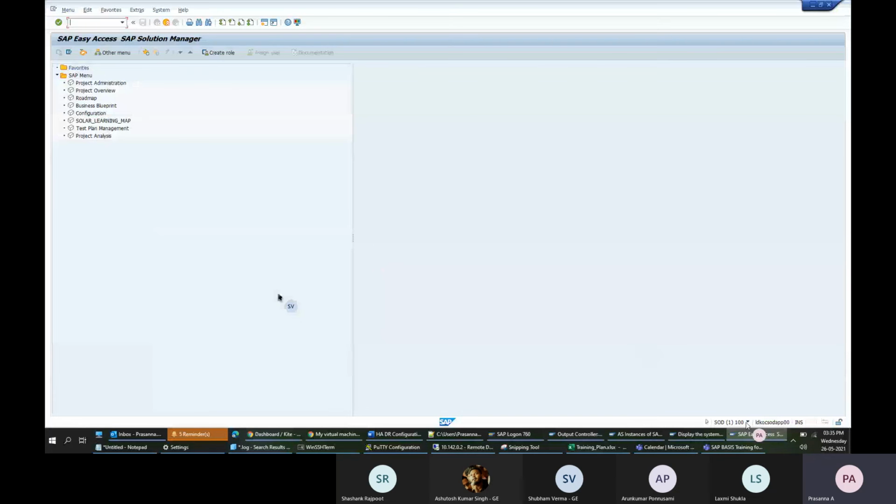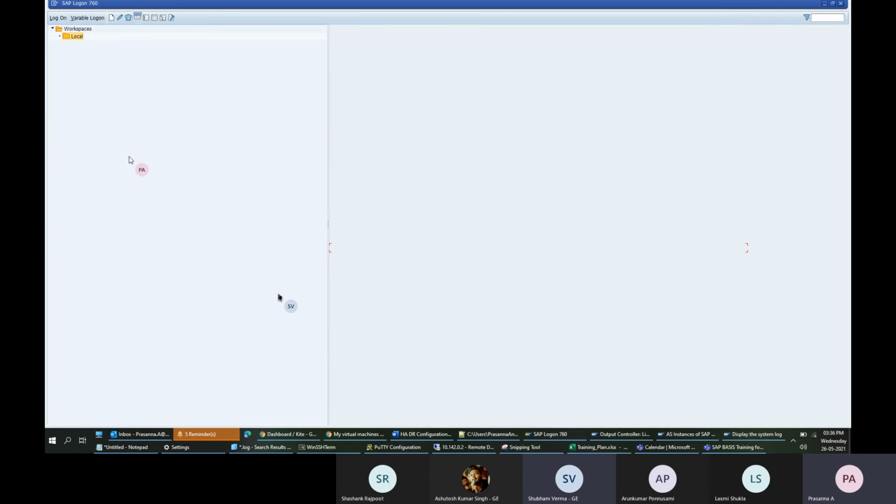So you are logged into the SOD system. You can click this small arrow and see that you are logged in as user Shubham. If you want to log out from this particular user, you can use this yellow log off button, or the shortcut /nex. If you type /nex, it will not ask for any prompt, it will just directly log you off. But if you click log off, it will ask for confirmation, do you want to log off? Yes. Okay.